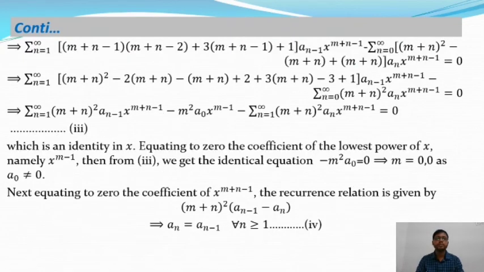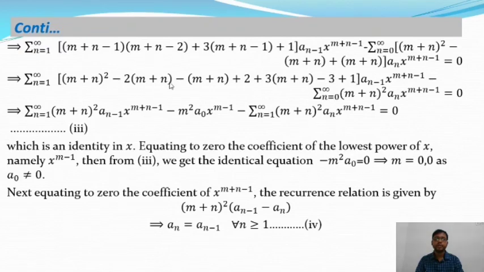So from this equation we will get summation over n is equal to 1 to infinity [(m plus n minus 1)(m plus n minus 2) plus 3 into (m plus n minus 1) plus 1] a_(n minus 1) x to the power m plus n minus 1, minus the second term, it will remain the same. That means the second summation will remain the same, and the first summation will change, and it will be n is equal to n minus 1. So therefore the above series implies n is equal to 1 to infinity (m plus n) whole square minus 2 into,